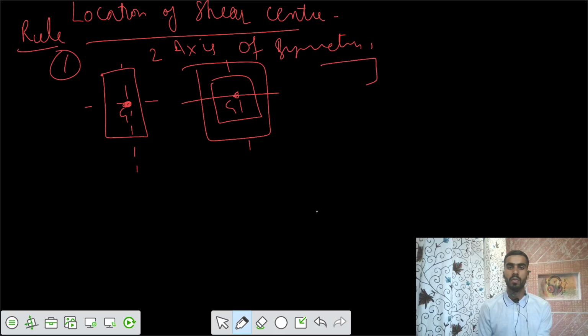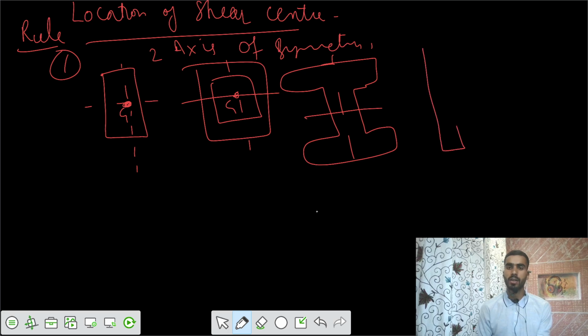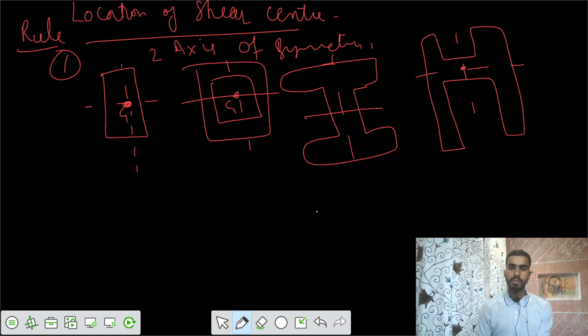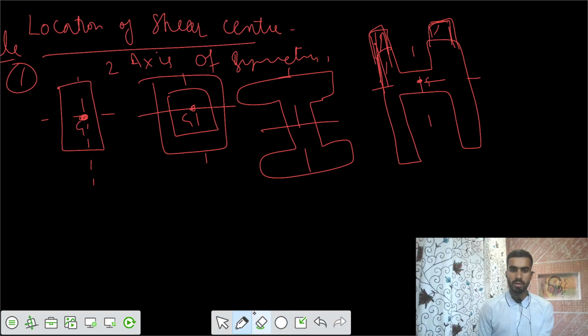This is G. We have an I section with two axes of symmetry. We can take an S section also, with two axes of symmetry. But we should take equal dimensions of those flanges and webs. This is your G. Let's say the load passes along the